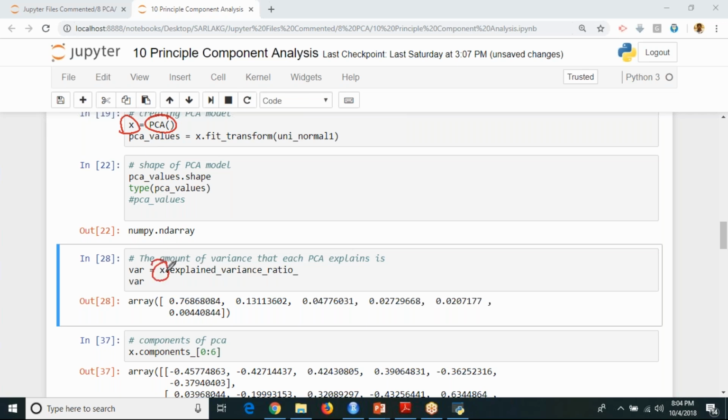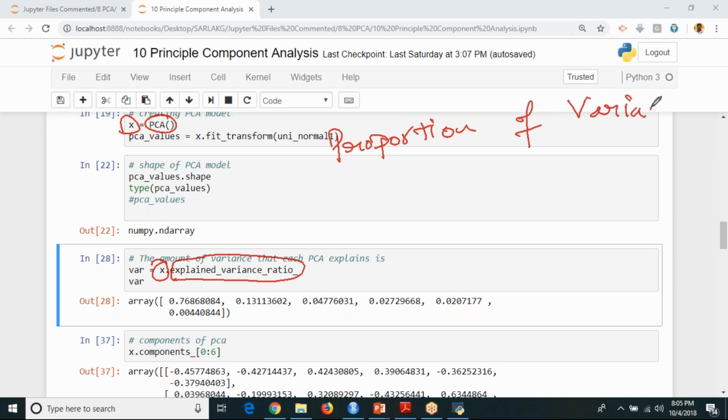So you should use x.explained_variance_ratio_. This is your keyword to get your proportion of variance in your PCA.